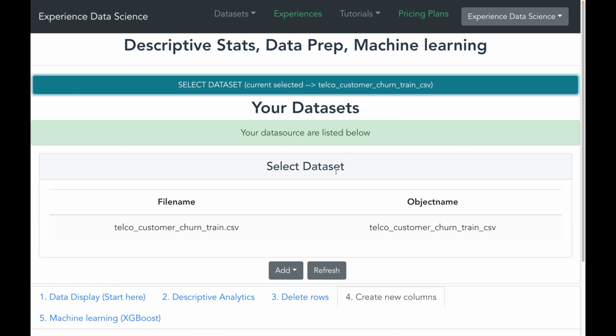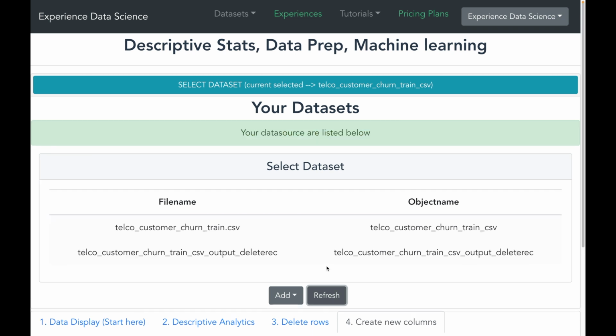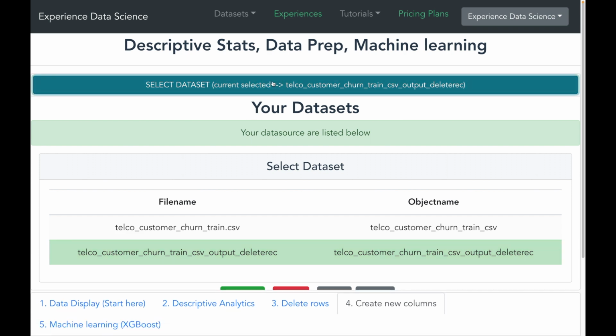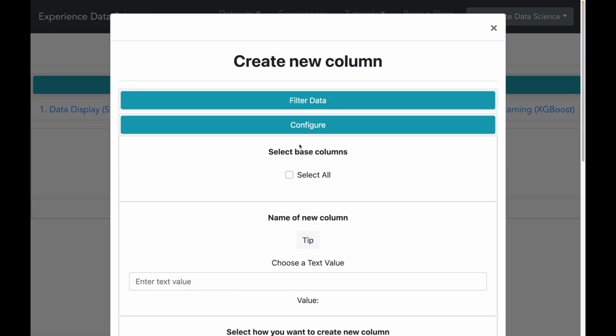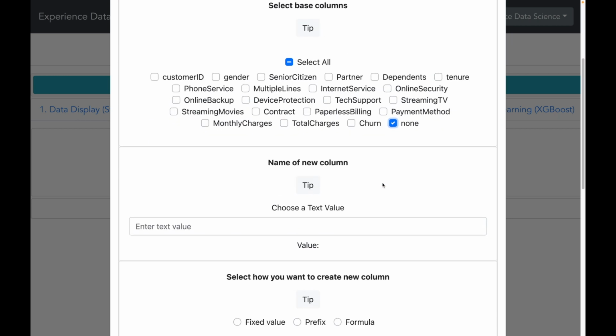So let me go ahead and refresh all the different data sets which I have. And as you will see, in addition to this telco churn data set, I have a new data set which corresponds to the output of the deletion operation. So let me go ahead and select this,